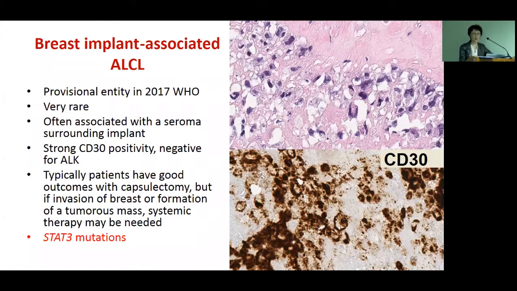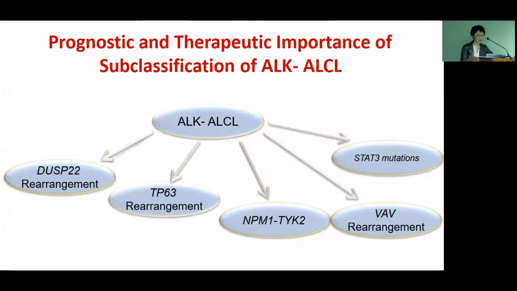again, demonstrating that the STAT3 pathway is implicated in the formation of anaplastic large cell lymphoma. So these are the different prognostic and therapeutic importance of subclassifying ALK-negative ALCLs. We need to recognize that there are a variety of different gene rearrangements as well as gene mutations involving STAT3 in this provisional entity. And I anticipate that over time, very soon, these may become distinct subtypes within the